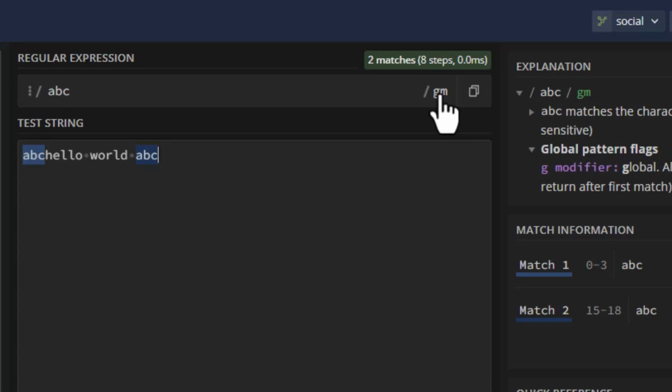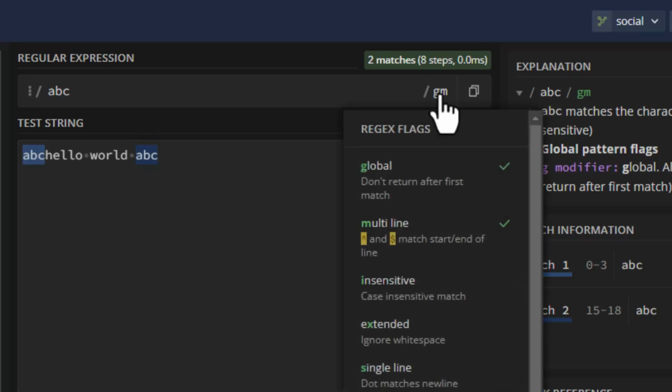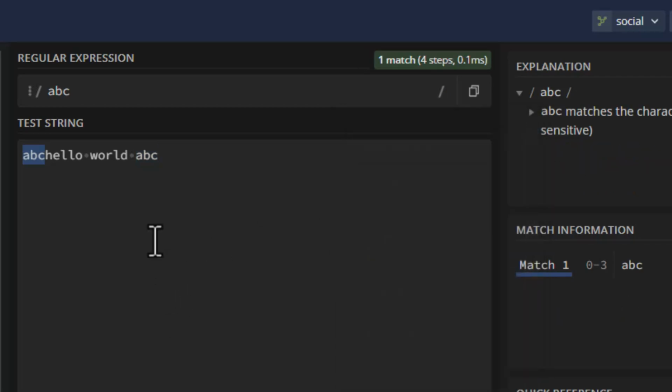flag was on. If I click here on the Regex 101 website, you see the list of flags, most of which we are going to look into. So the global and multi-line flags were on. If I turn the global flag off, you can see it only matched the first ABC and not the second ABC. This is what I meant: without the G flag, it would stop as soon as it finds